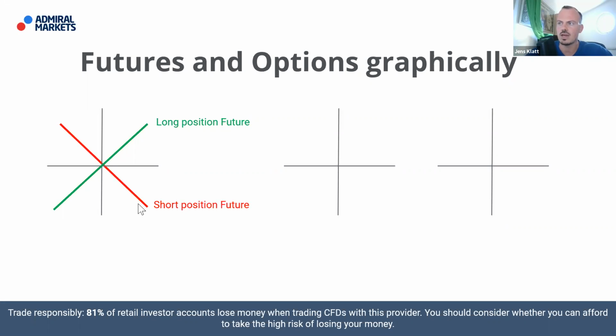There's also the equivalent here for a short position. Once the market drops, so this is where the x-axis comes into play, you make money on the short side, while if the market rises against you, the same as for CFDs, for example, you're obviously losing money once the market rises if you're short. So this is the picture.